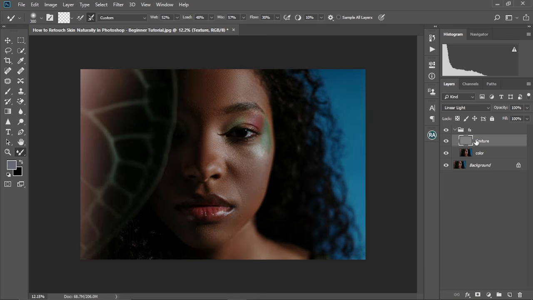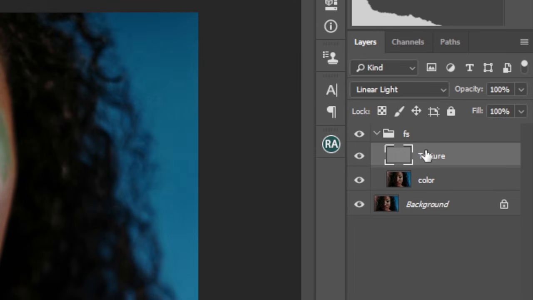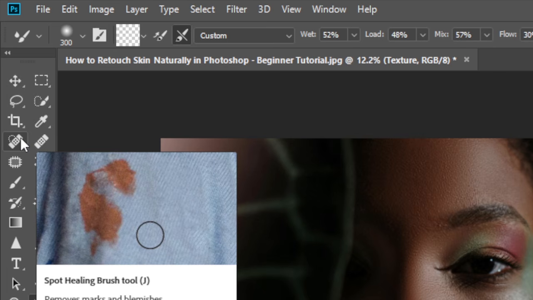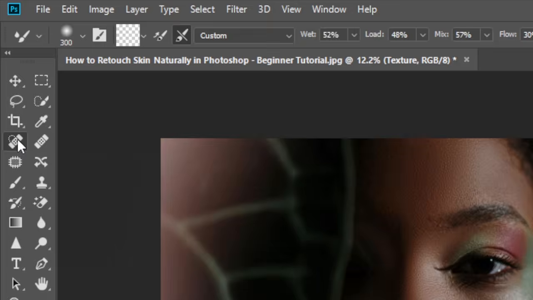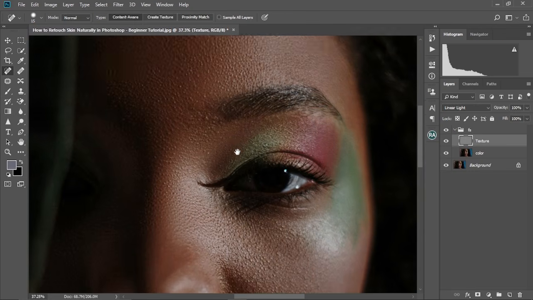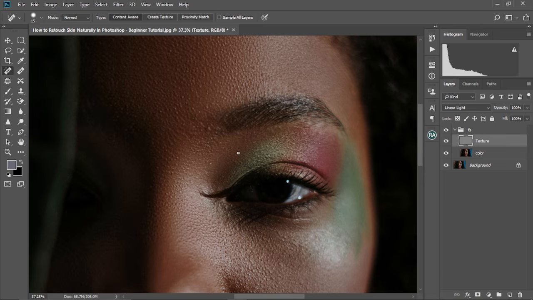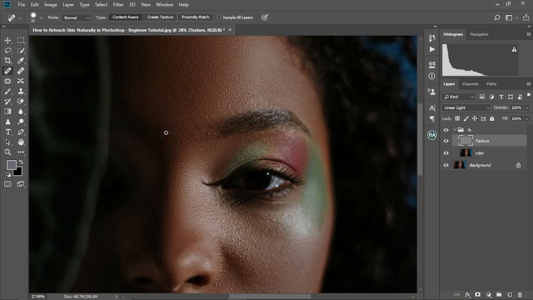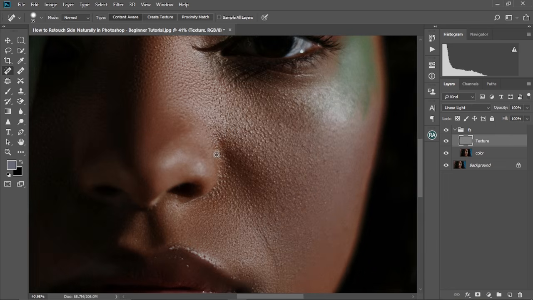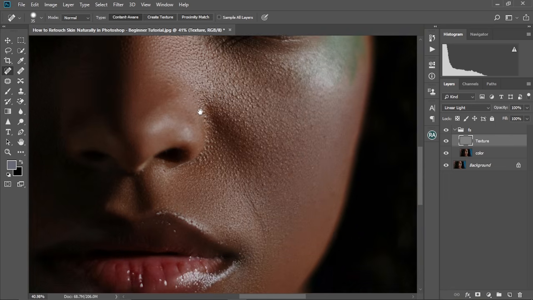So now let's come to the texture layer. We're gonna click on a texture layer like this, and then we're gonna use this tool over here, that is a spot healing brush tool, to do our next step. All right, so what we're going to do is try to clean up the textures in the image, right? Sometimes there's so much texture at one side that it's not looking so nice, just like this side. As you can see, the textures are just a little bit too much. So we're going to try our best to remove some of the textures out of the image